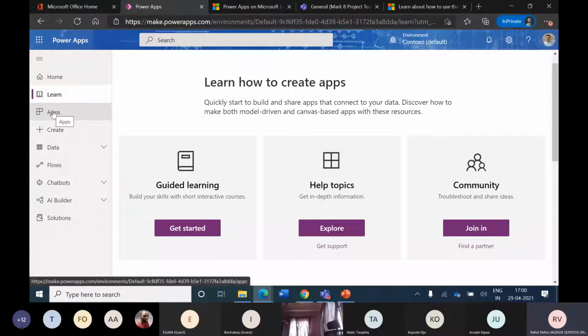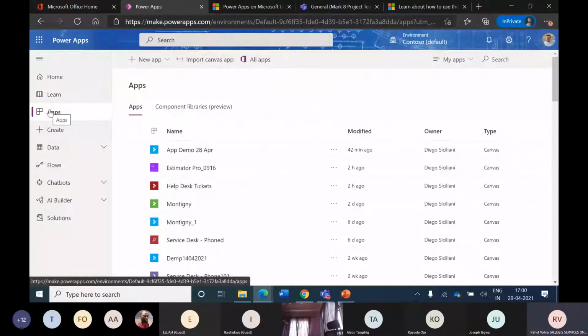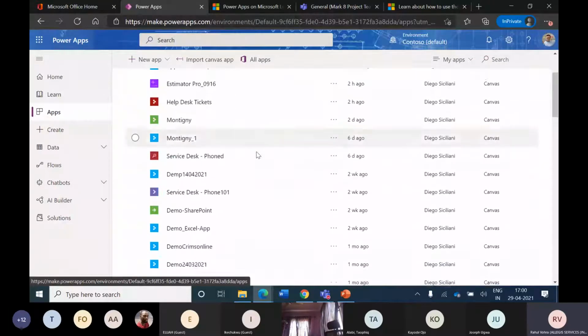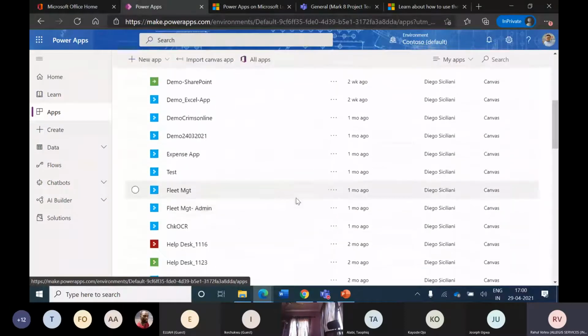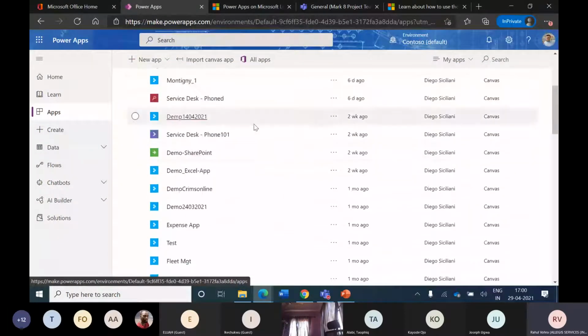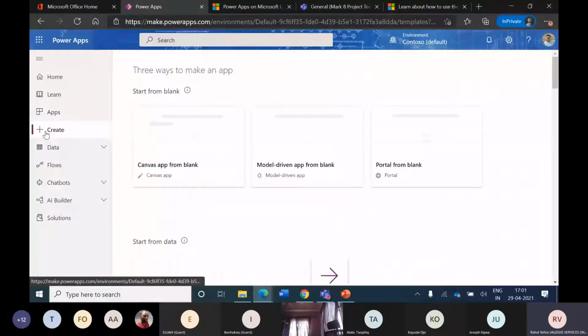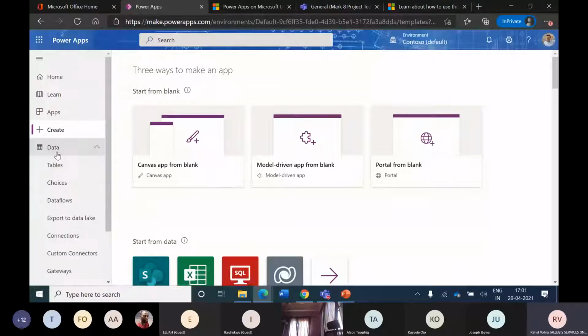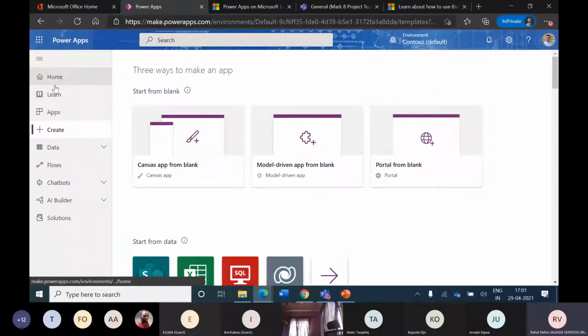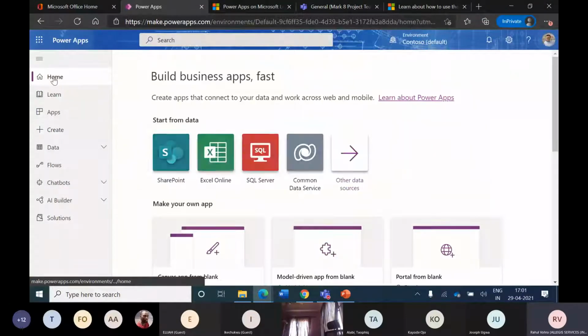Next option on the left navigation is Apps, which basically lists all the apps which, as a user, I have built. So as you go ahead and build more and more apps, they all start appearing in this area. Create is basically when one wants to go ahead and start creating an app, and then more about the data which we will be using as part of this. So to begin with, the ones we have seen are more relevant to us. We go back to the